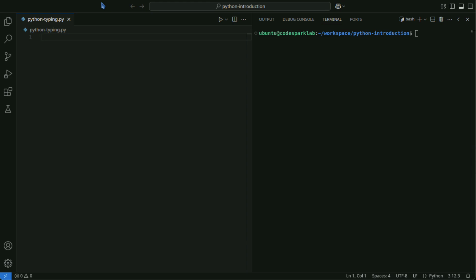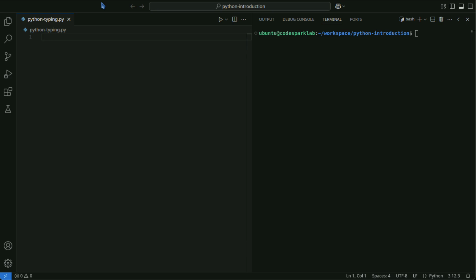The typing module in Python is used to introduce type hints into Python. It was originally introduced in Python 3.5 and is used to improve code readability and maintainability. Type hints do not affect the runtime of the code but allow for type checking with IDEs and static analysis tools.